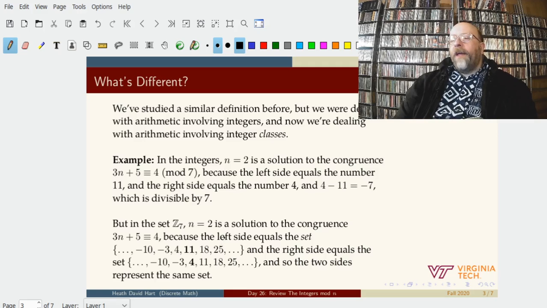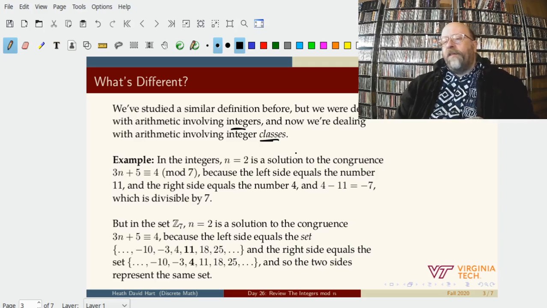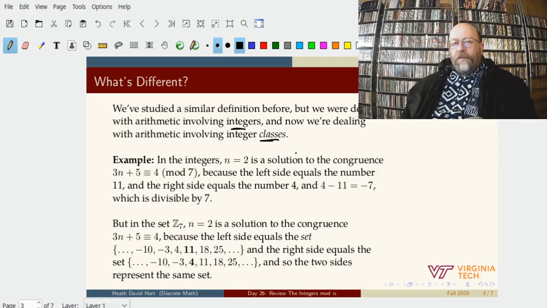So we've studied this definition before with integers, and what we're now dealing with is integer classes. It's a subtle difference, and it's a difference that sometimes doesn't make much difference at all, but I want to talk about it for a moment. So if we're just looking at the integers,